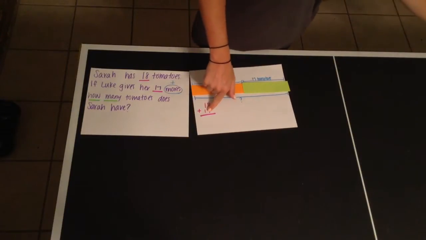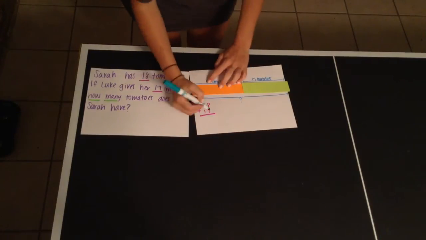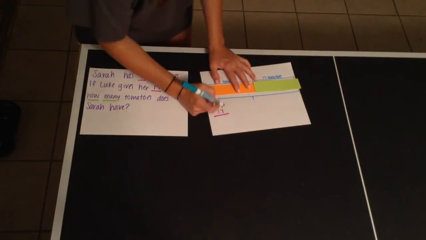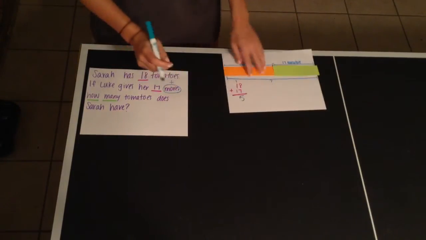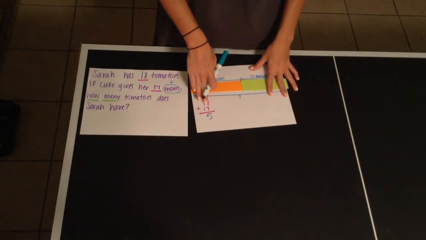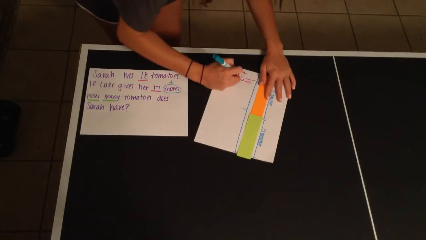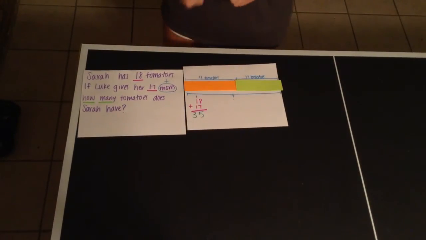Now we can see here that 8 plus 7 is going to be 15. Now we can't write 15 down here, only one number can be down there. So what we're going to do is carry our 1 from the 15, and put it here up at the top. So 8 plus 7 is 15, we carry our 1, and we put the 5 down here. Then we see 1 plus 1 plus 1 is going to be 3. So we see here that we have 35 tomatoes